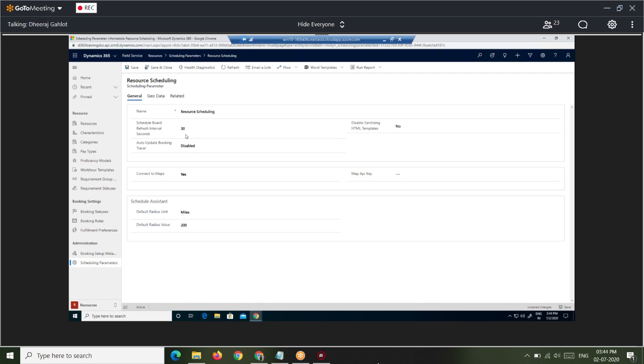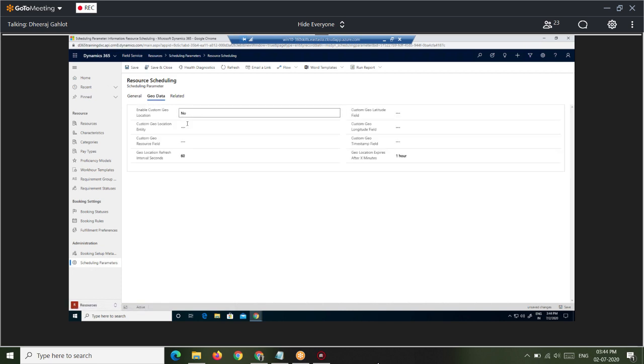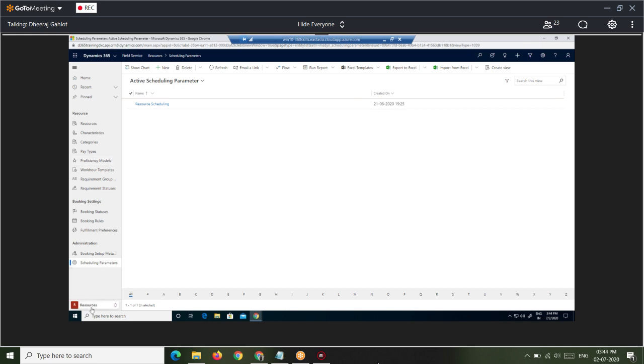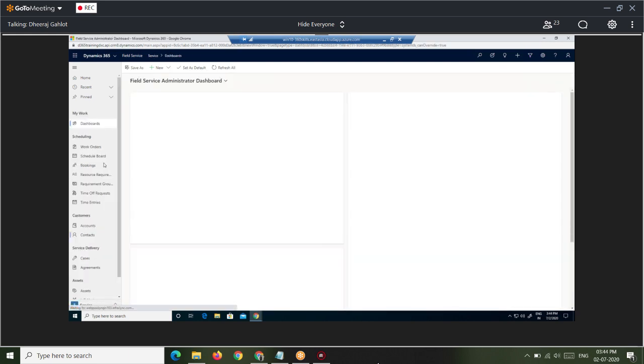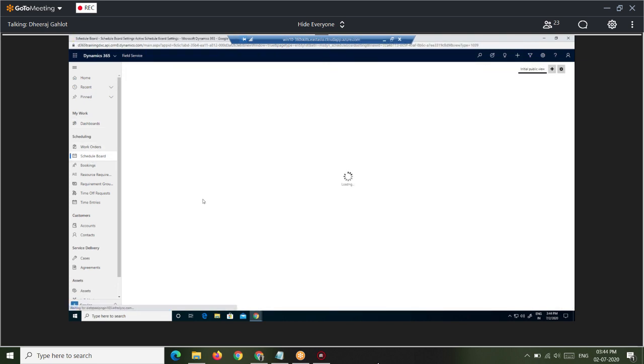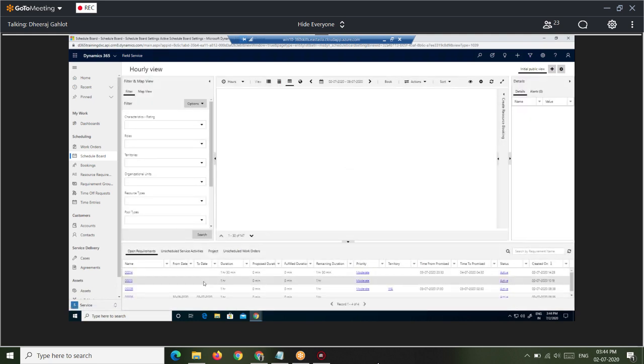So what other options do we have here? Resource board refresh interval, auto update booking travel, and then geodata information, which I have here. Related to that, just connect to maps, yes, and then click on save and close. Also, if I go to service, work orders, say for example I have multiple resources nearby a particular location where I have to do a particular work order,